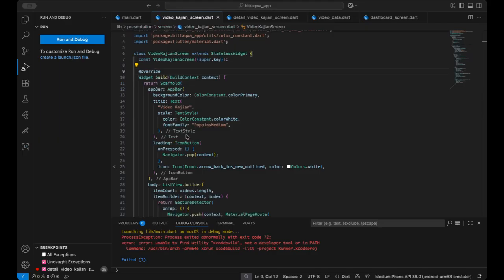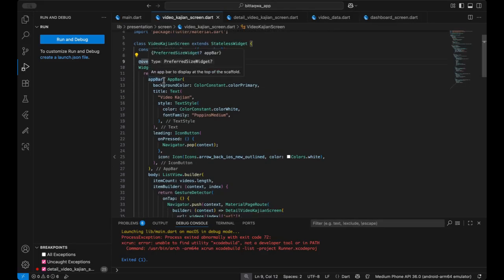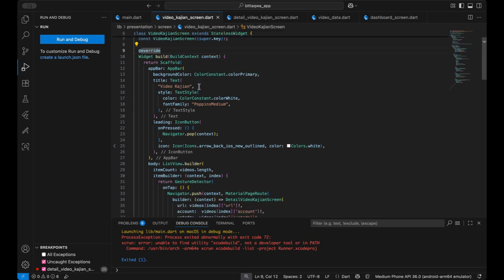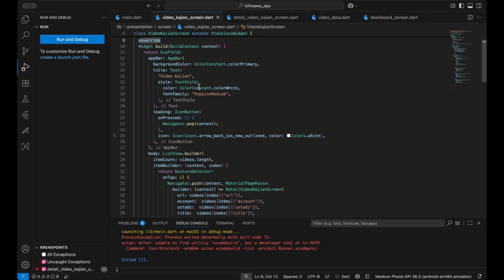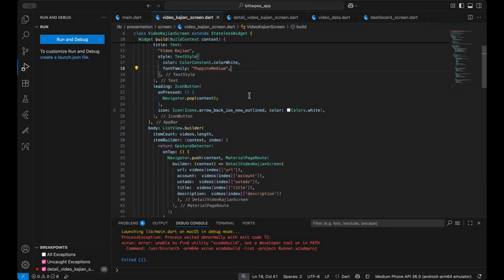Return Scaffold. Here we make the app bar. In the app bar, I set the title to Video Kajian and add a back button to return to the previous screen. For the app bar, the background color is color primary, and the title is Video Kajian, and I style the text. Here we use white color for the text, and Poppins Medium for the font.